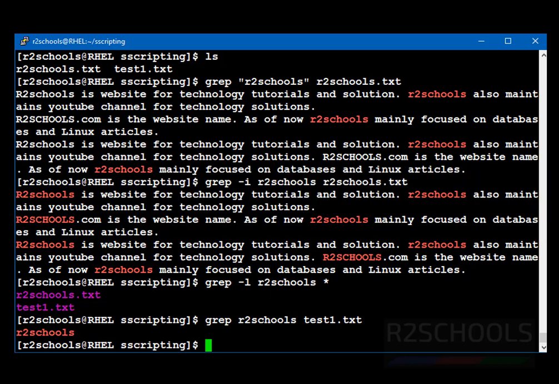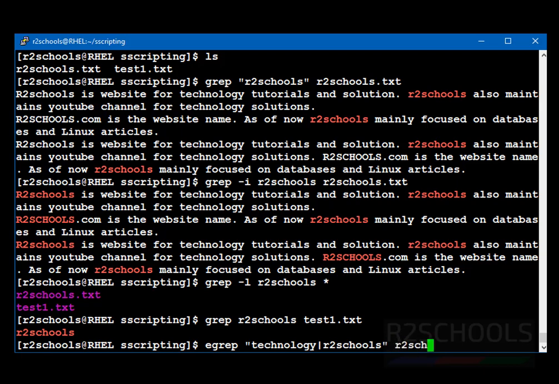Now we are going to find more than one word in a file. We use the egrep command, that is egrep, then provide the words. Technology, we have to separate the words by using the pipe symbol. Then provide another word. Then we have to provide the file name.